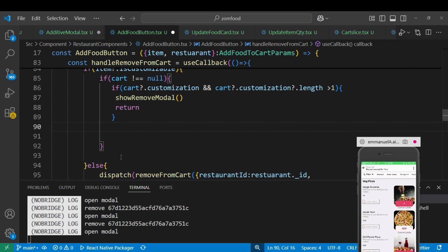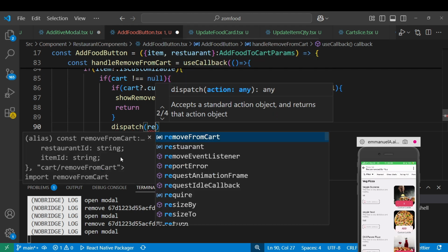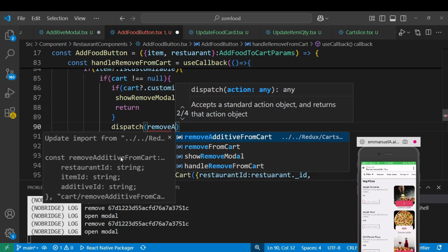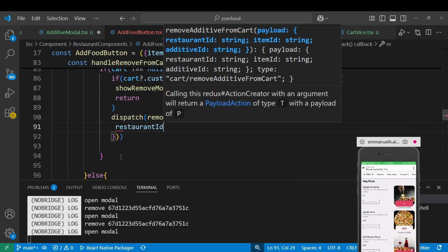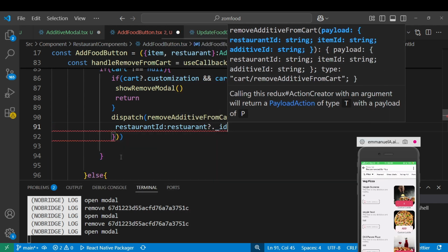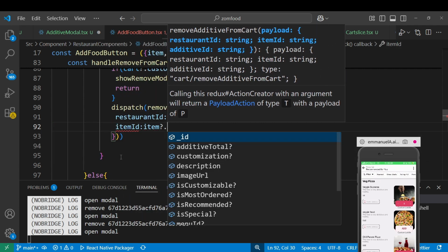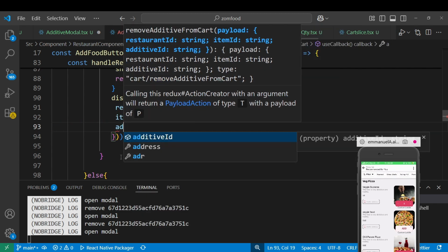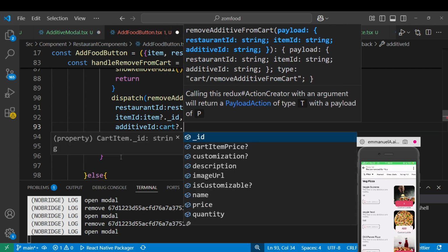Else, if the customizable length is not greater than 1, we just want to add our dispatch directly and then perform the decrement and remove additive. So we're going to use remove additive. We call it remove additive from cart. So shortly you'll see what I'm talking about, so I won't waste time. So remove additive from cart, it will be equal to restaurant.id, then we have the item ID too, and then it will be equal to our item.id, and then we'll have the additive ID. Remember we added all these in our cart slice, so we're going to have customization,